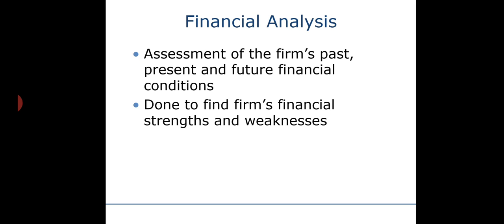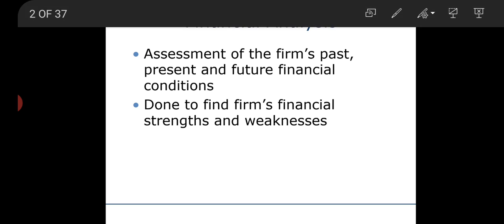Did you know about the SWOT analysis? SWOT means S for strength, W for weaknesses, O for opportunity, and T for the threats you are facing in your particular financial activity. With the help of financial analysis you can easily find out what the strengths of that financial institute are and what its weaknesses are.